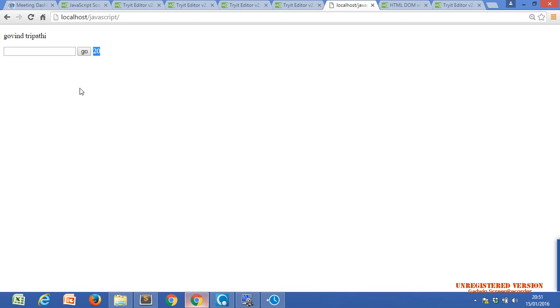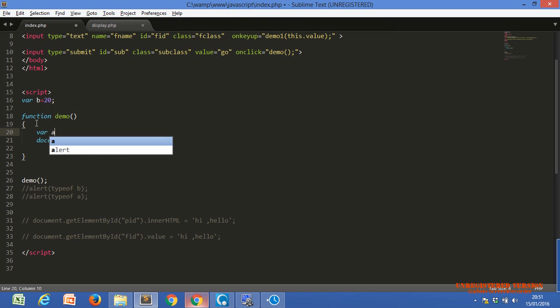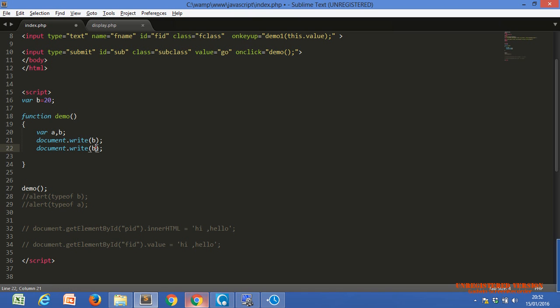Now, you can also declare this kind of variable: a, b, and we can use b also, and a also, and c here.